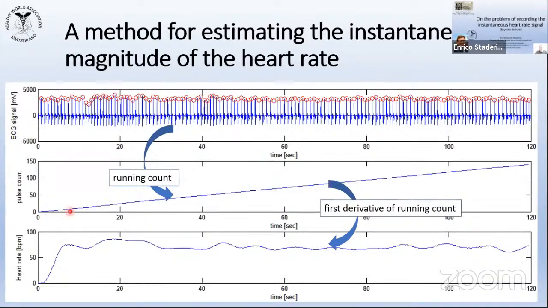And please note that this pulse count signal is uniformly sampled, because at each instant of time, uniformly spaced, we put the number of beats detected until that instant of time. And of course, this signal is always growing. Of course, the speed of growing up,